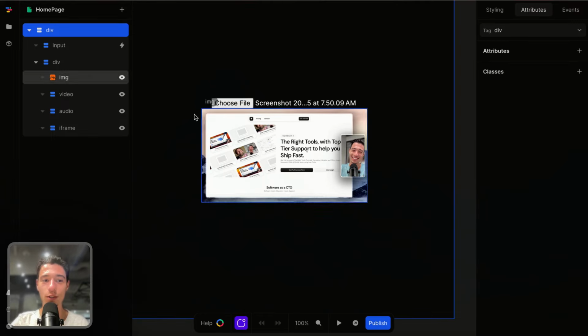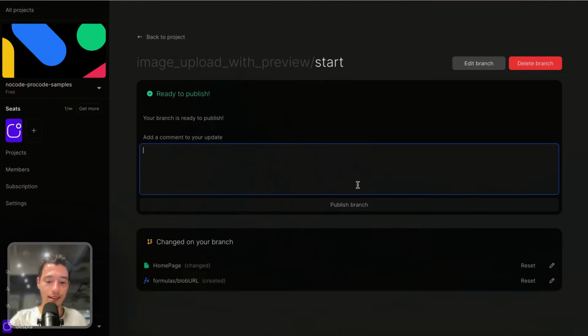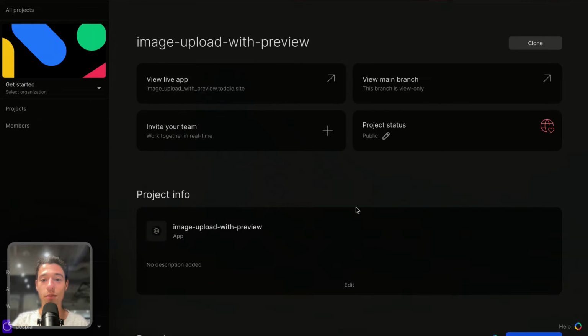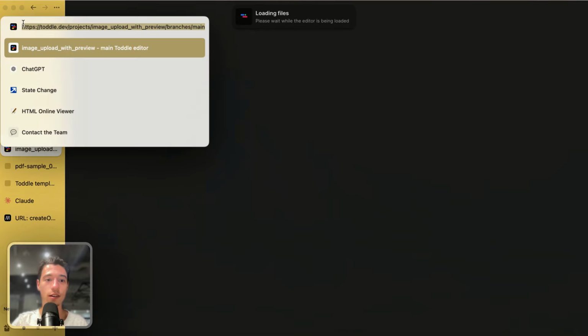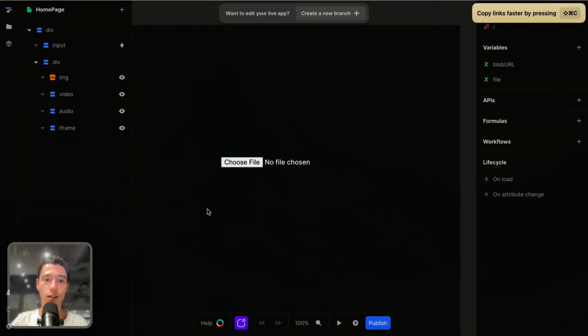I'm also going to now publish the branch and make it available as a template for all NoCode Pro Code members, because I think it's a very cool thing to have. It's very beneficial. So I'll also be going to the main branch here, copying that,